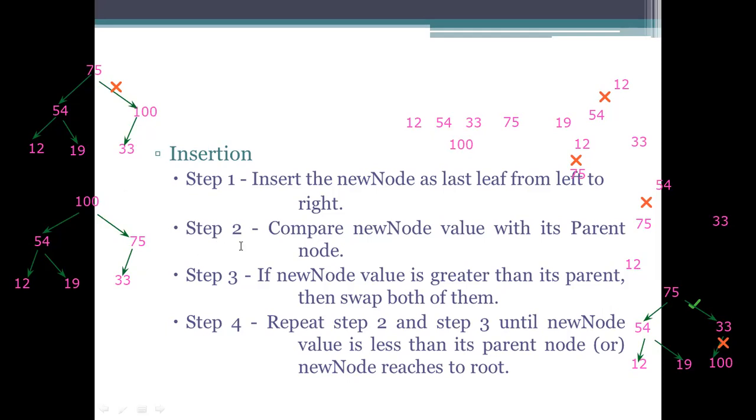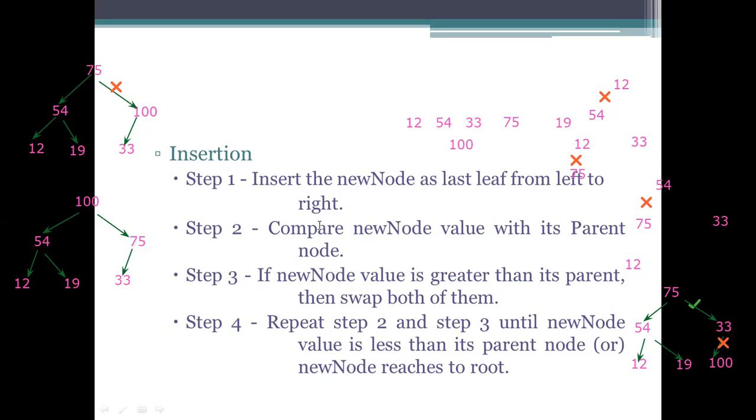If you are trying to insert a node, what do we need to do? We need to focus on the root node's property here. So what is the basic property of the root node? It should be greater than all the values we are having as children. So here the children values can be less than or greater than. We can't say it is only the less than values. Whenever we get the greater than values, only then do we have to take these steps, 2, 3, 4 steps.